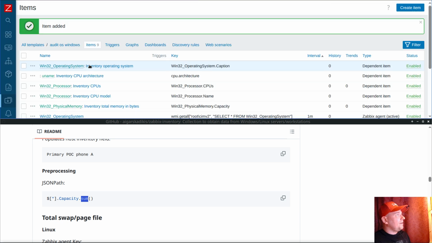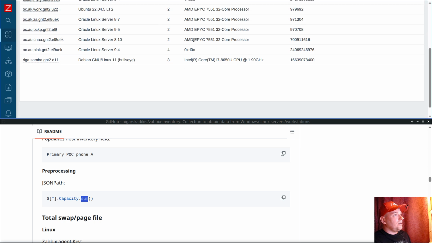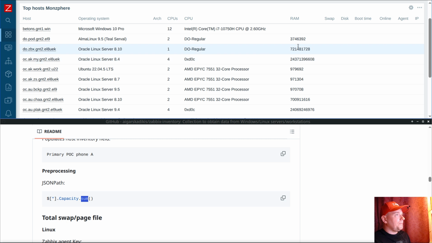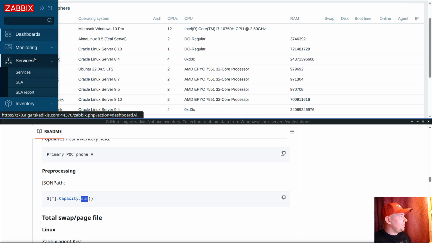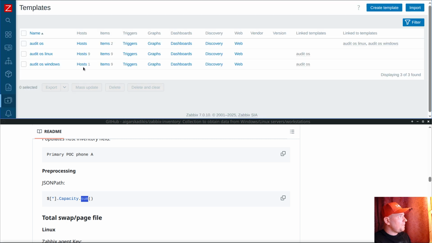Okay, add. Let's check the table, how it is doing. The architecture is still not there, but other stuff is coming. What could possibly be the problem? Architecture, templates,